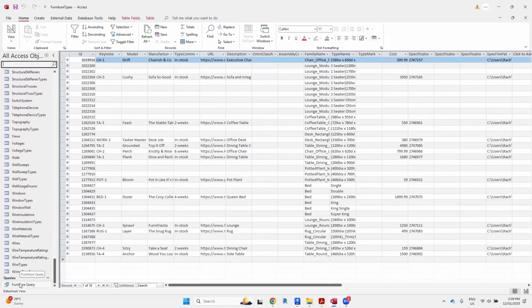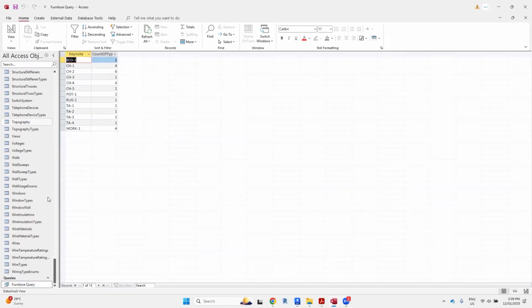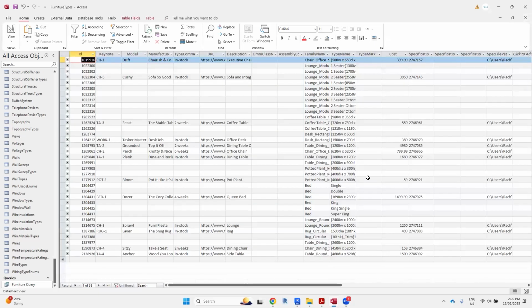And now we've got an extra item in here called a furniture query. So, you can always come back if you need to, ask a new query or do a new query, you can just edit those details in there essentially. All right, so now that we know how to do queries, let's try and attempt to make a report